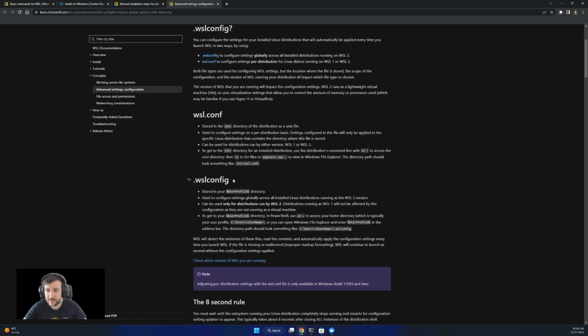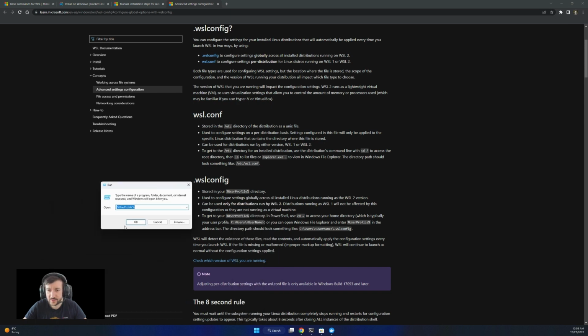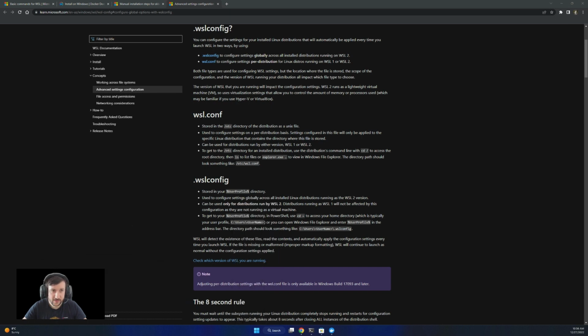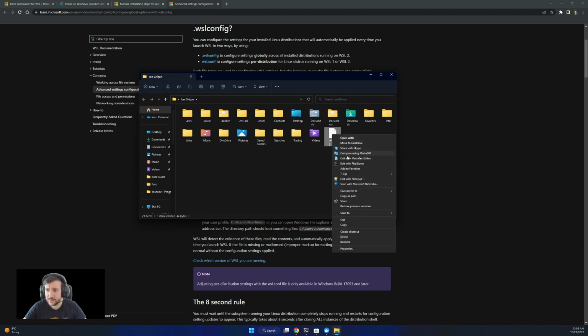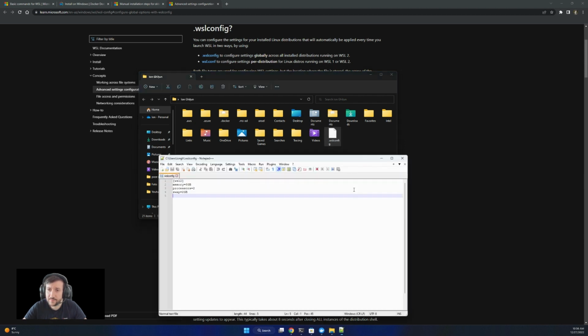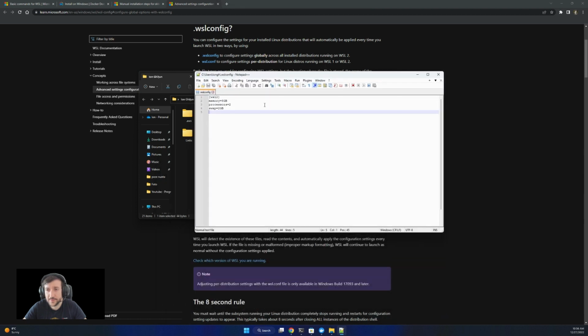So we'll have to create this config file. We go to the user profile. Okay, so that will open this. I have it already created. You can create it as well. I use Notepad++ to edit this file. You can use whatever editor you want.